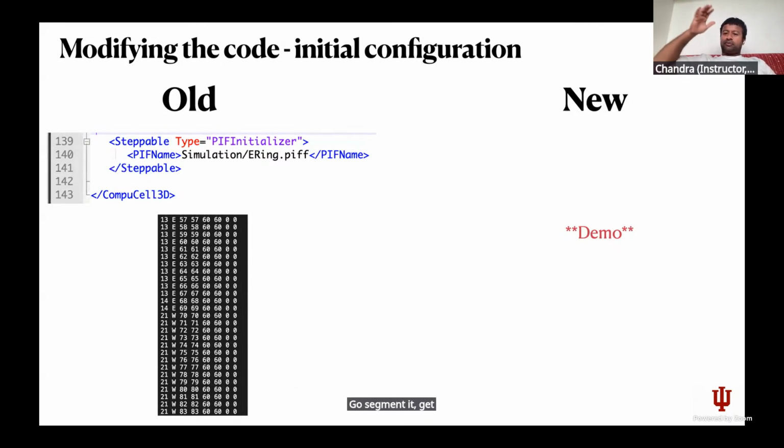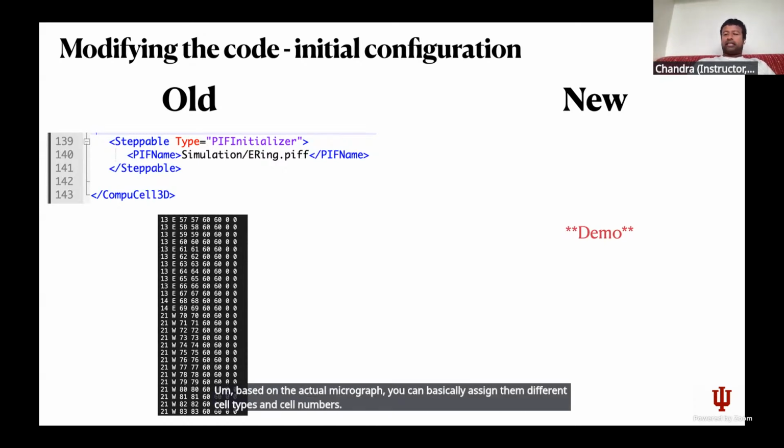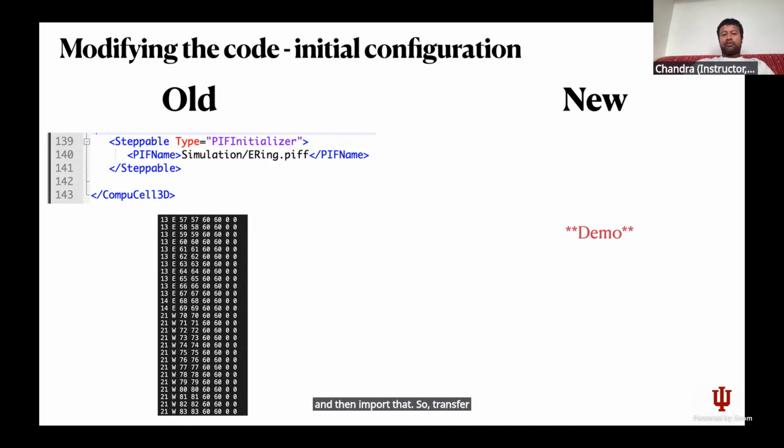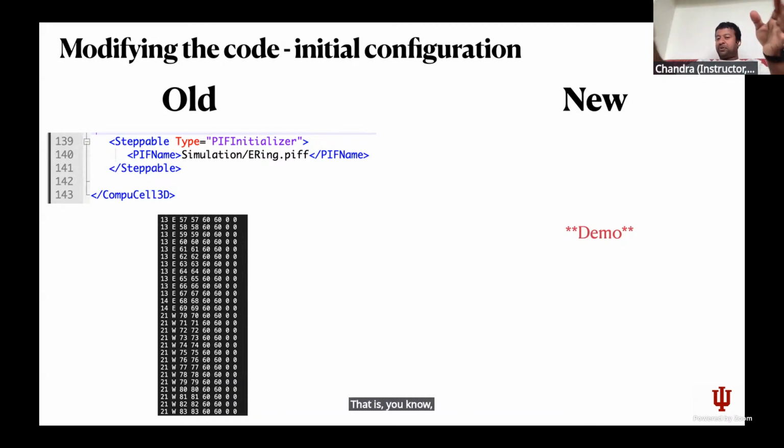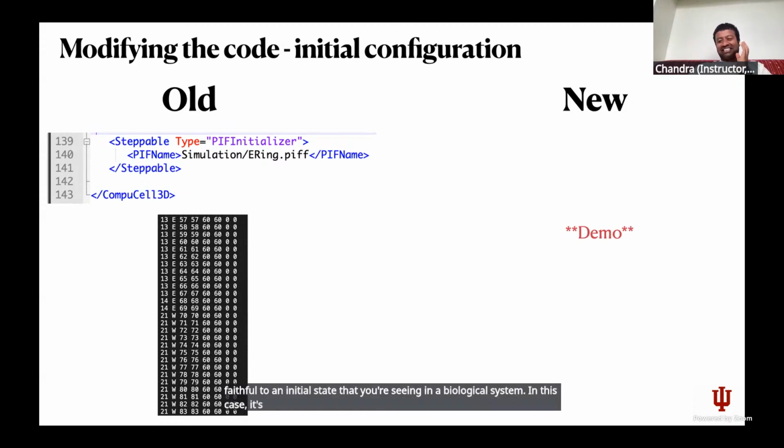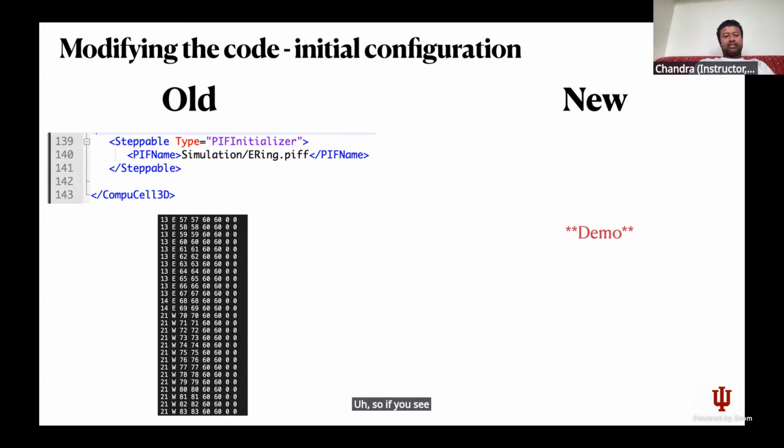get the pixel values. Based on the actual micrograph, you can assign them different cell types and cell numbers, and then import that. So transfer the whole thing into a PIF file and then import it. So the initial configuration could be something that is true and very faithful to an initial state that you're seeing in a biological system. In this case, it's artificial, and there was no need for this, but this is what I did. So if you see the columns here, it would be the cell number, cell type, I think, followed by the